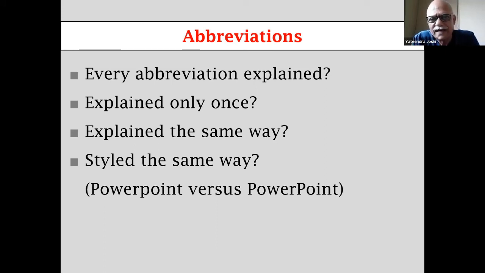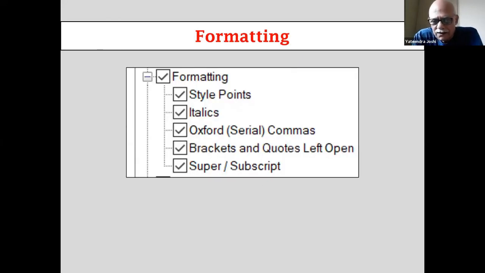So PowerPoint, as you know, is a trade name. The second P also has to be a cap. So if you have spelled PowerPoint with the second P as lowercase in some cases and uppercase in others, then it will flag it. Formatting. So whether you have used the same words once in Roman, that is once in normal and once in italics, it will flag it. Such inadvertent mechanical errors, such as you have opened a bracket but you have forgotten to insert the closing bracket, it will catch all these errors. So in such ways, it is useful.